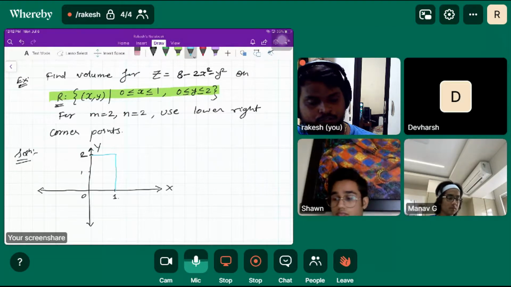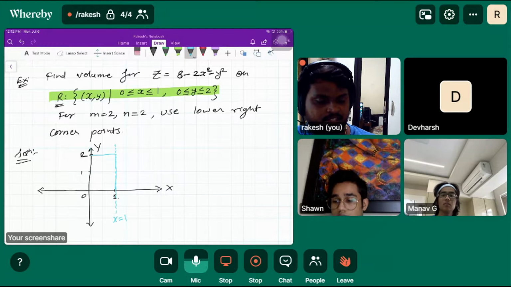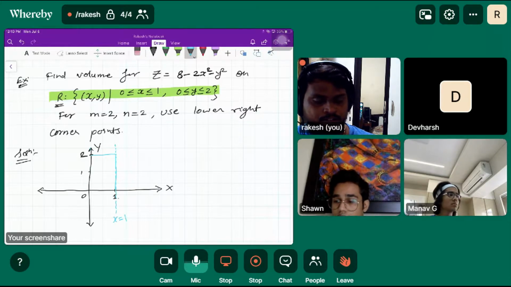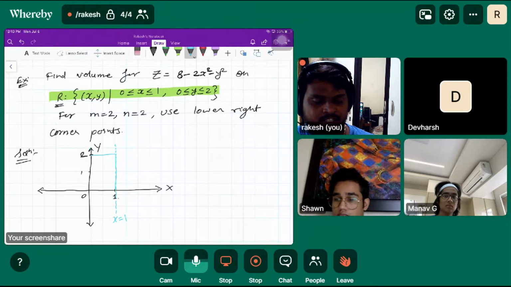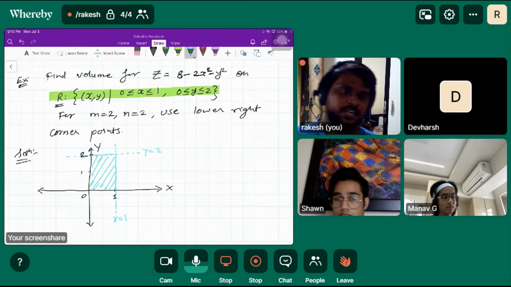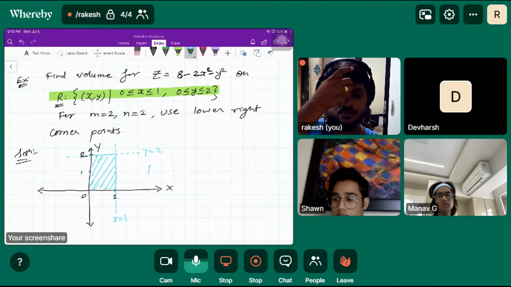because when we draw x is equal to 0, that line is nothing but your y-axis. When we draw x is equal to 1, that is this line. Within that means this, right? So this is again the infinite area. Now again y is also bounded between 0 and 2. So when we draw y is equal to 0, that is the x-axis. When we draw y is equal to 2, that is this line. So it will produce the finite closed region, and that region is a rectangle in this case also.